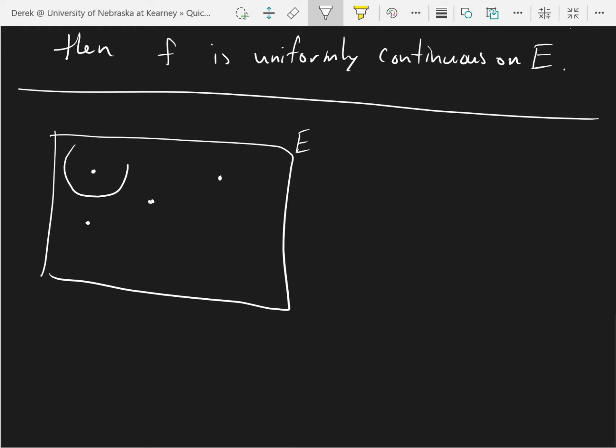There's a delta value for this point where if I'm in that circle, it works, and then there's a delta value for this point. If I'm in that circle, it works, and if I'm in this circle, it works there. Continuity works if you're inside delta here. If you're inside delta here, you're less than epsilon in your outputs, and so on. So I can do that for each point,